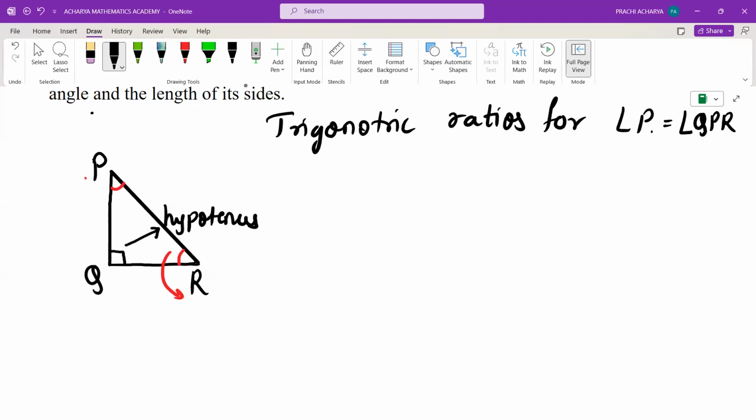So we have 6 ratios here. We have sine theta, or you can say theta is nothing but angle. So we are representing the ratio for angle P here. So we will write sine P. All right. So what is sine P? Now, before moving to that, you know the hypotenuse in this figure. Now, related to angle P,